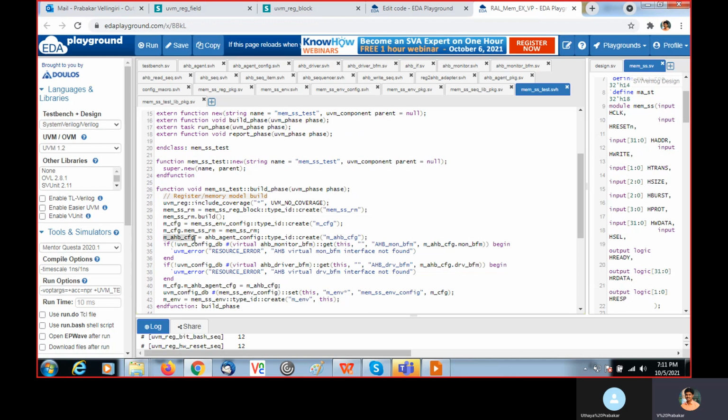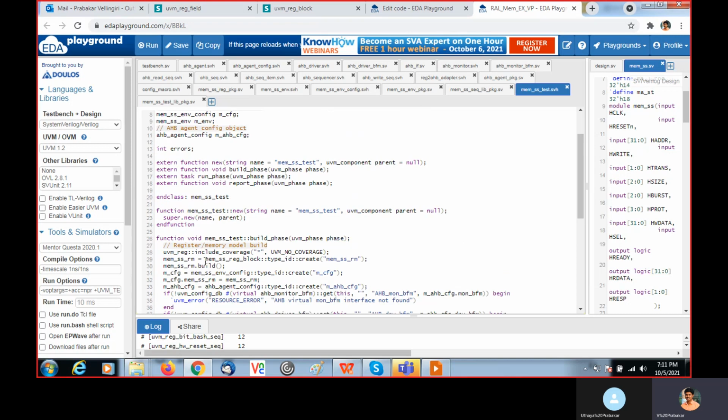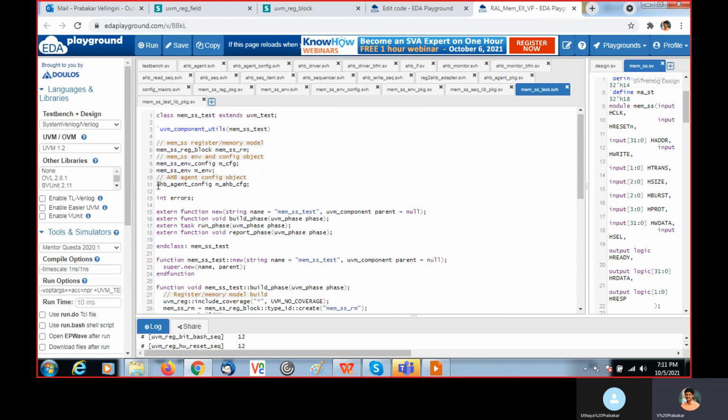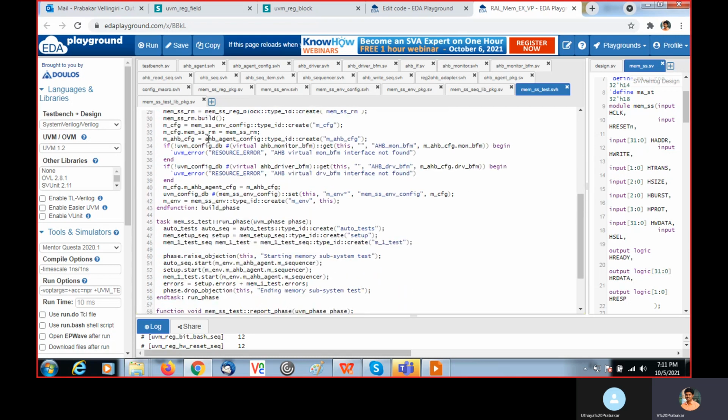Then AHB MEM config. AHB MEM config is nothing but the AHB agent config. For that we are creating it using the create method. Why do we need this AHB MEM config? Because inside that only we have the BFM of monitor and driver. To get that, we are instantiating it.